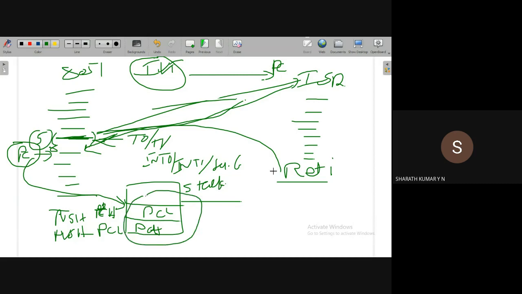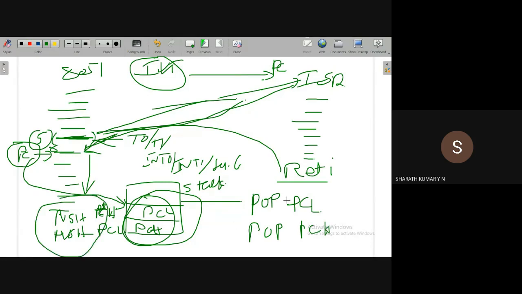So before it jumps back to the main program, it will execute two instructions: pop PCL and then pop PCH. If you observe, the order of push and pop should be reversed.